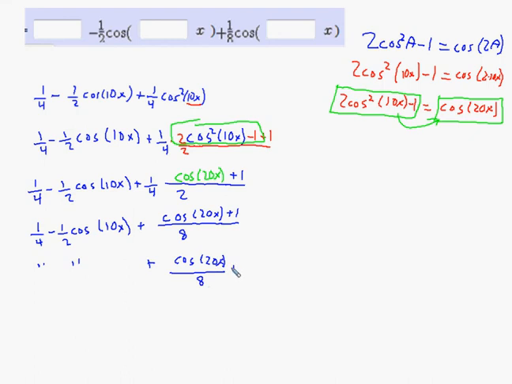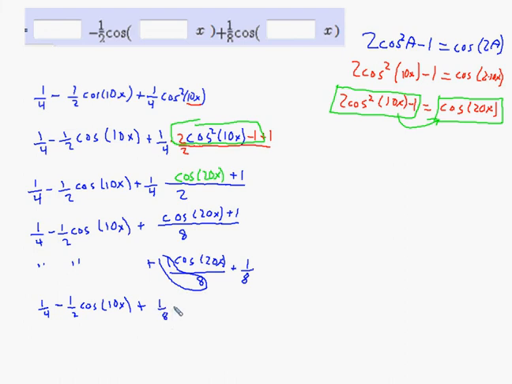I call this breaking fractions apart. You're probably used to mathematics the opposite of that, where you have a common denominator and you add the fractions. So this isn't me adding the fractions, this is me breaking the fractions apart. So what you're going to have here is the 1/4. We had the minus 1/2 cosine of 10x, and then we have plus, I'm going to think of this as 1/8 here, right? This is 1/8